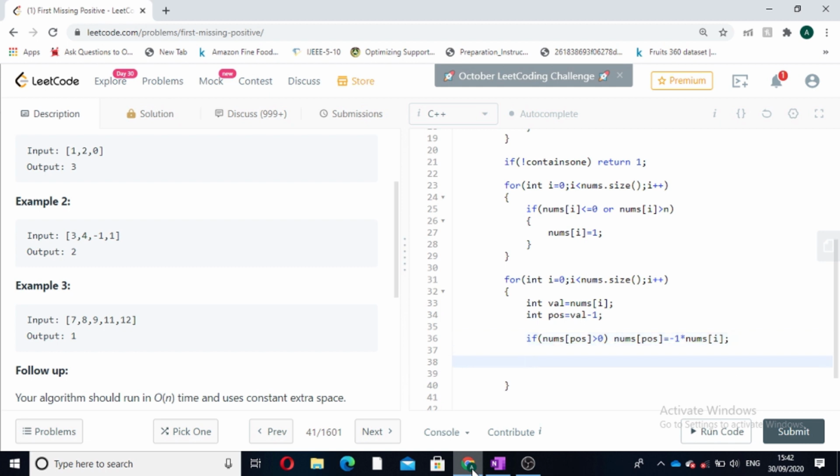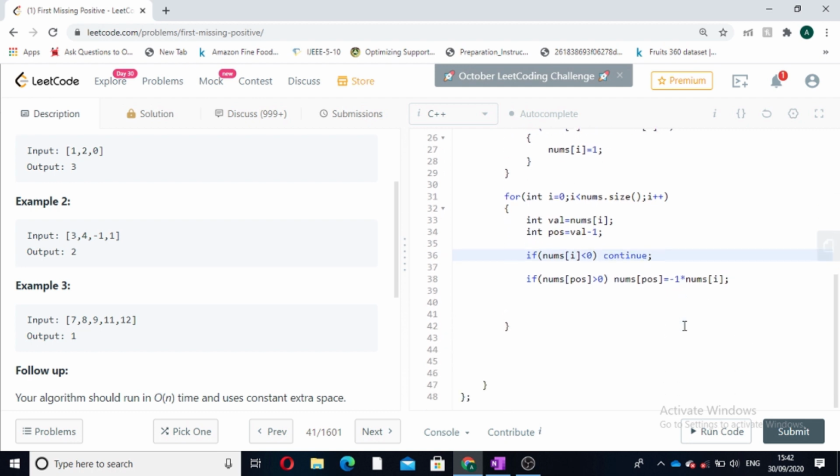This was the first case, and the second case was if our current value, that is if at the current index our value is negative, then we have to skip the iteration. If our nums[i] is less than 0, we have to continue.